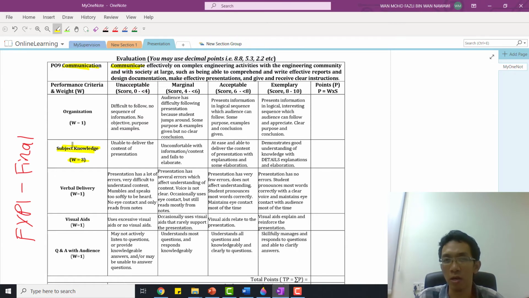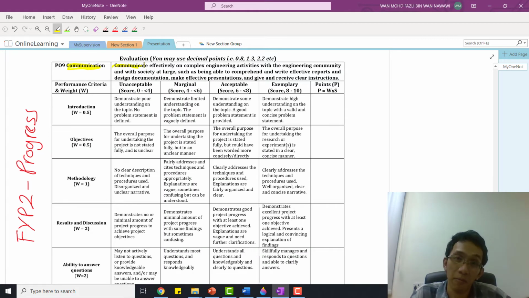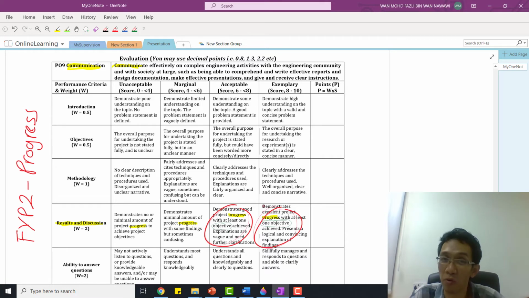Subject knowledge here means your explanation, your elaboration from the introduction until the conclusion. This is an example of an FYP2 progress presentation rubric. As this is a progress presentation, most of the mark comes from your progress. If you look at result and discussion, the weightage is higher than others. And for the progress, you need to link it with your objective.